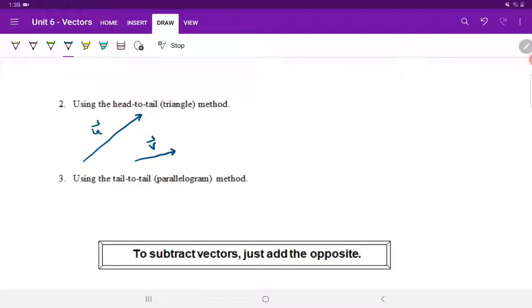If we draw them head to tail and close the triangle, the part where we close the triangle is called the resultant vector. Something along the lines of this. Again, you draw them head to tail, and then the resultant vector always goes from the starting point to the end point. One thing that's noteworthy, this is R, this is U, and this is V, is that if you were to give the angle or the direction of this resultant, you would not only just find that angle there,